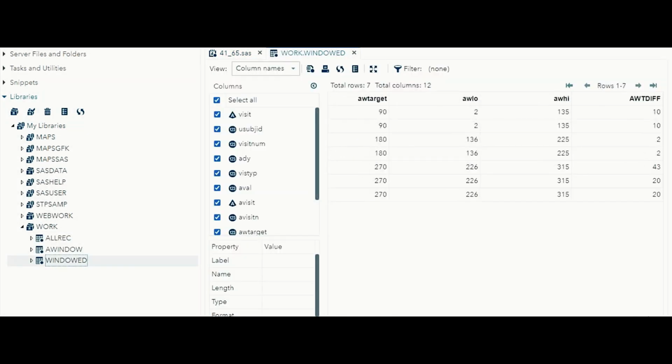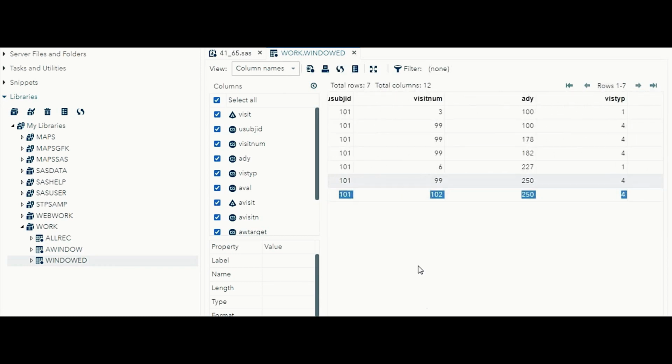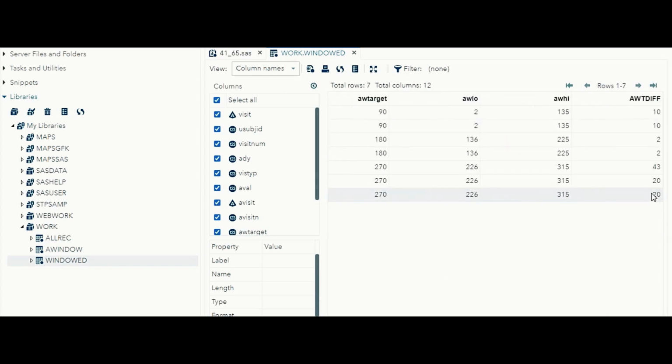You can see in month 3, 43 comes first and 20 goes to the last. In the last also, if you see the 99 visit and 102 visit, 102 is the last value. So this last 20 value we have to pick for the analysis. Only the last value of every visit. So this value we have to pick for analysis purposes.